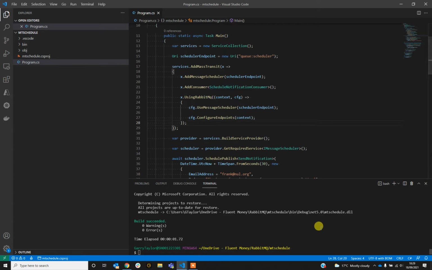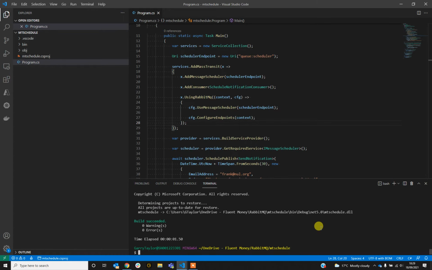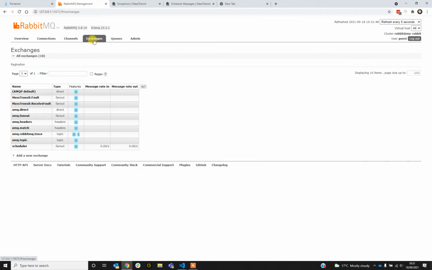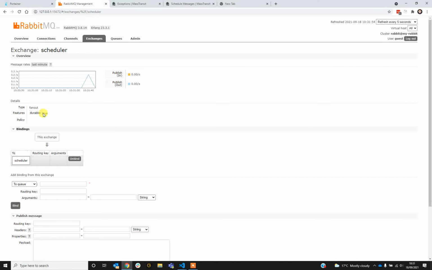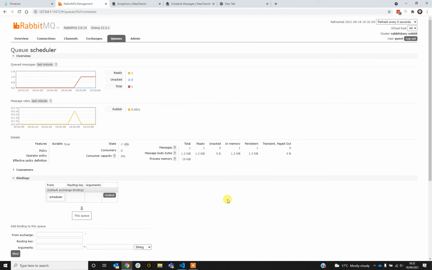So let's build it. Just make sure it builds. Let's give it a run. Let's see what we win on the queue. So if I go over, I can see the scheduler. Looks like a message was actually pushed to the scheduler. And if I go to the queue, here's a scheduler with one message in it. So if I get the message,